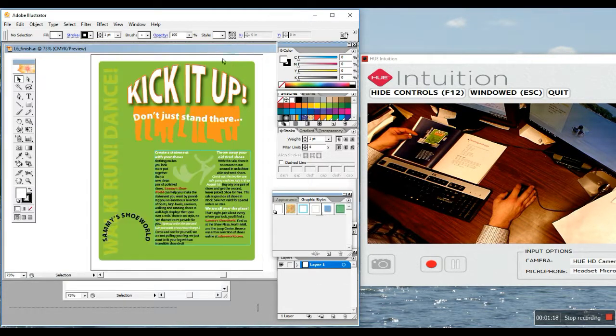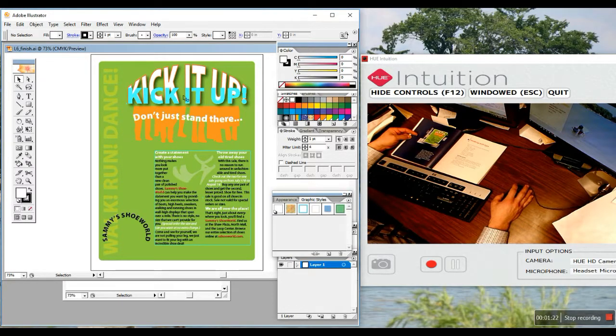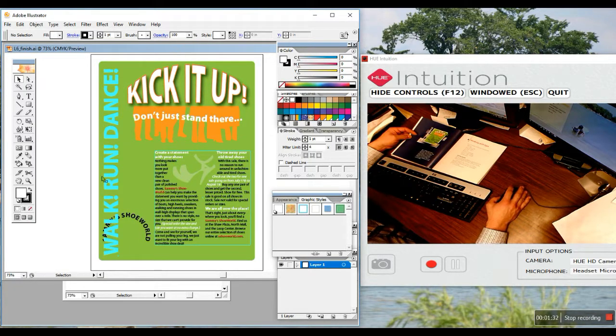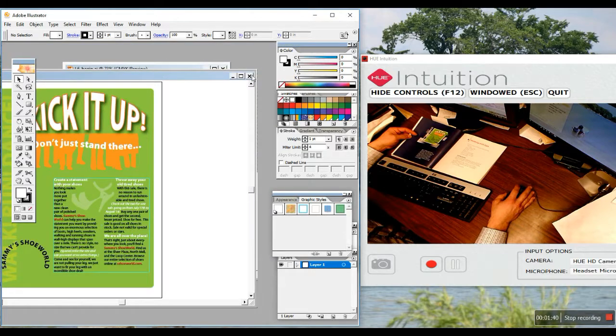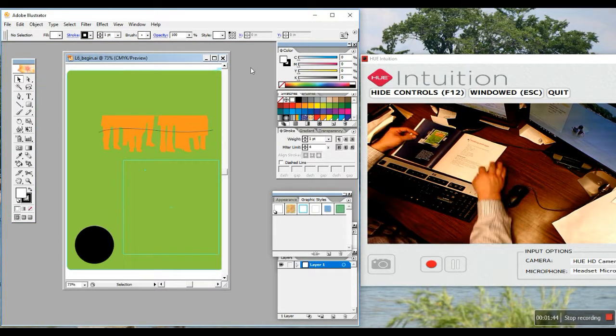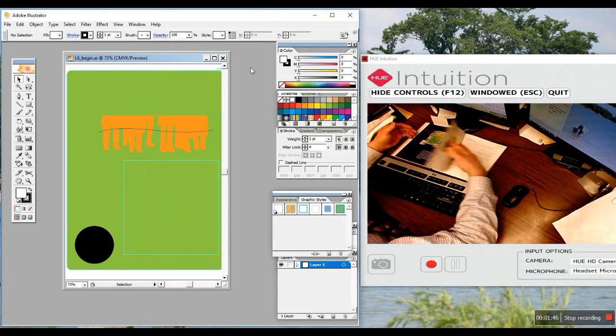So our finished product has some warp text. You can see that there's the original text and there's the effect there, text on a path, columns in a text area, text wrapped around an object, some text that's arranged vertically here, and text on a path to go around the circle. I'm going to close the finished product for now,